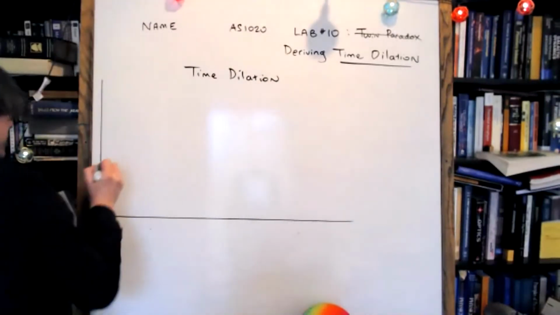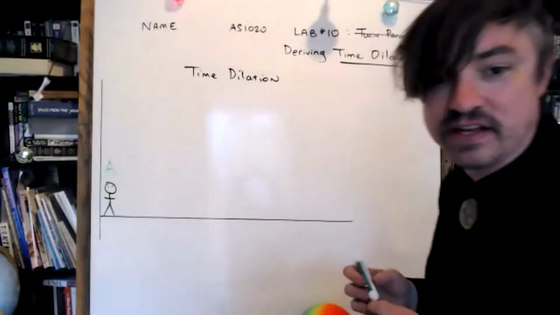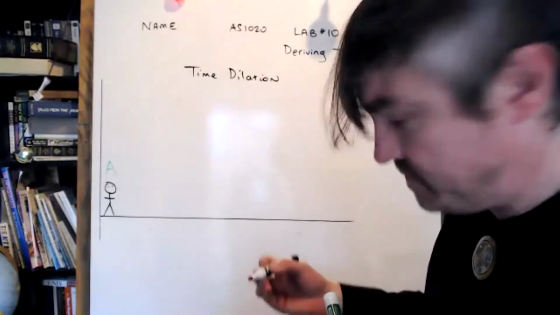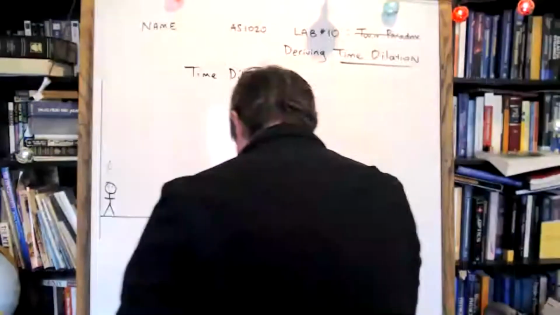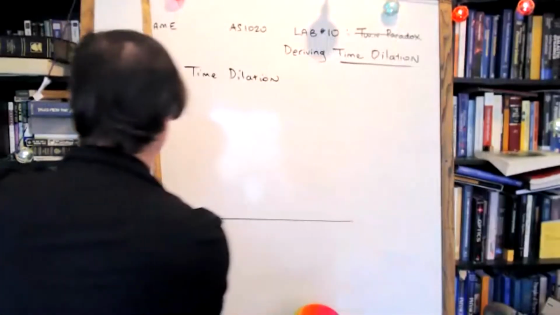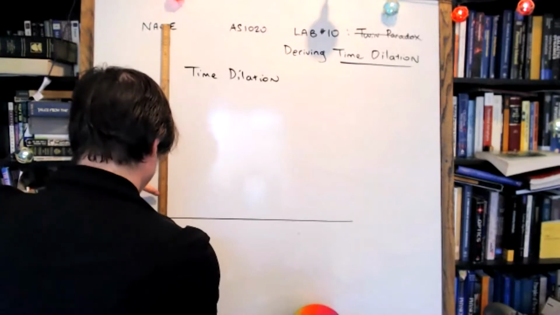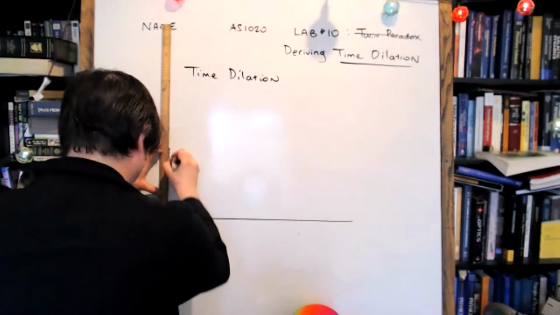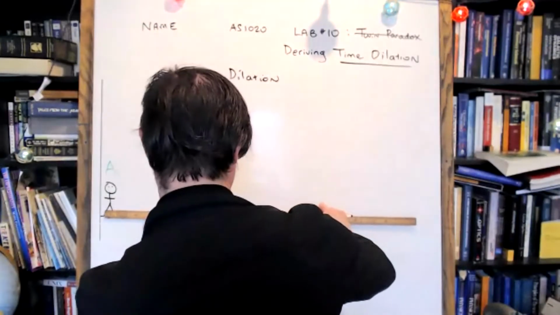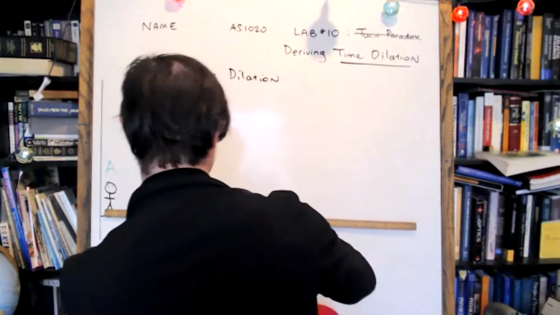A, the observer on the ground who is at rest, if you want to believe in such a thing. A, the observer at rest, is going to be represented in green. And now I'm going to construct myself one of those boxcar trains that we talked about. I'm going to try to make this pretty consistent. So I'm going to make this train 20 centimeters tall and, let's make it 30 centimeters long.